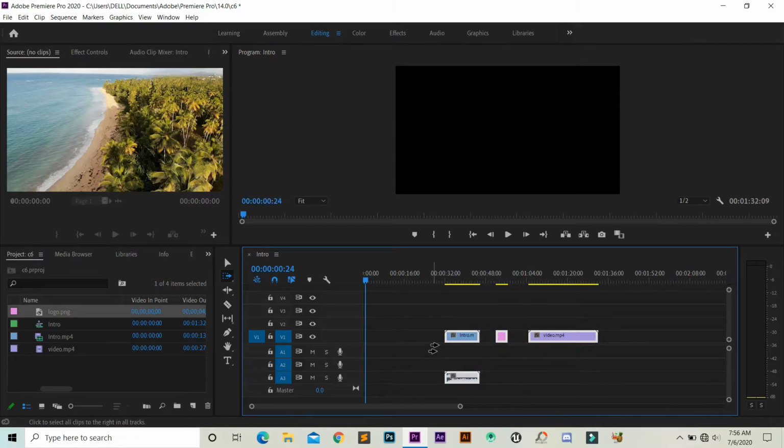Now it allows us to move our files very easily without leaving a single file on our timeline. But if you think you can also do the same thing by using the selection tool, then if you are working on huge files, there is a probability that you may miss your small files. So to avoid those mistakes, we use the track selection tool.